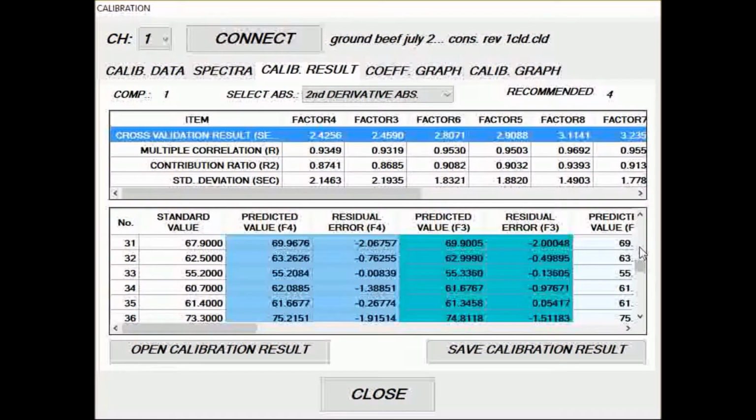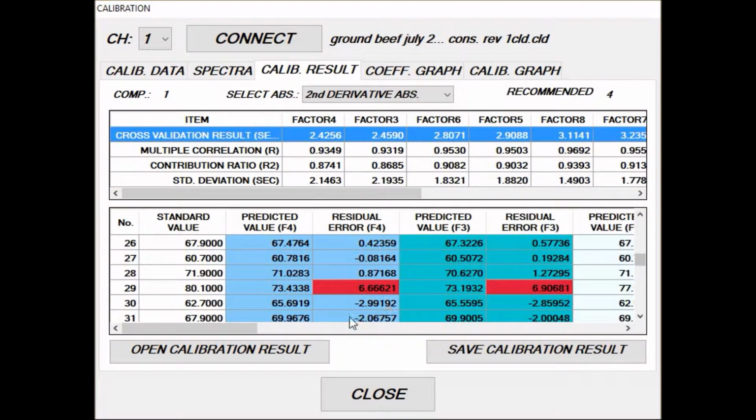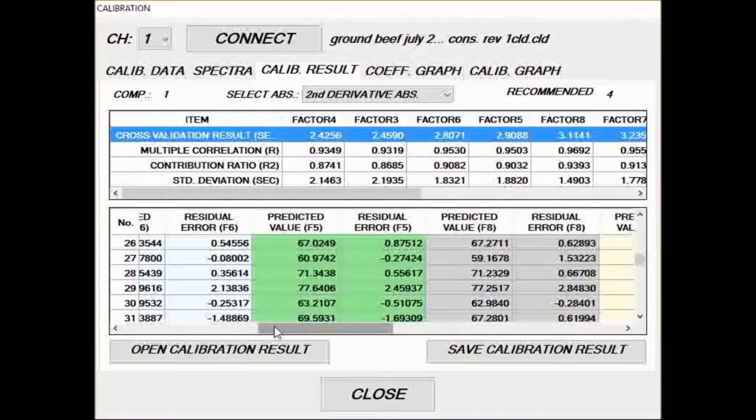There we go, there's one. If we're lucky, we'll spot one that's really, really far off. In this case, it's sample number 29. We could go back and remove 29, but then it would no longer be sample number 29 because it would just reorder everything. That's something that I hope we can fix a little bit later on, certainly if we're going to use the same set of samples for everything. Again, residual error,